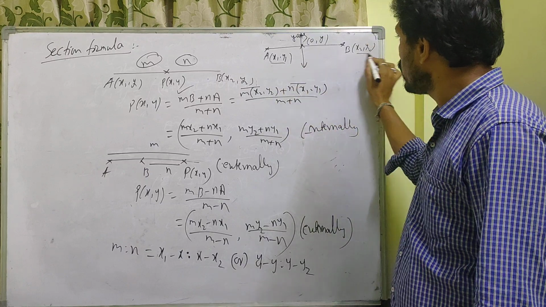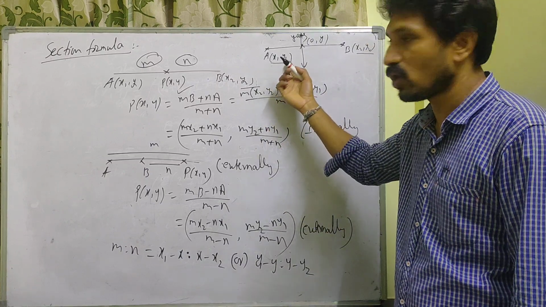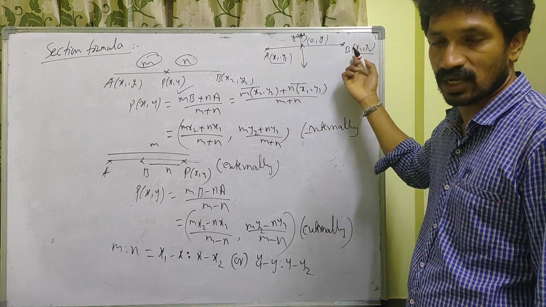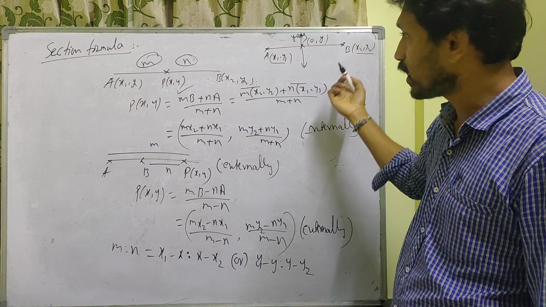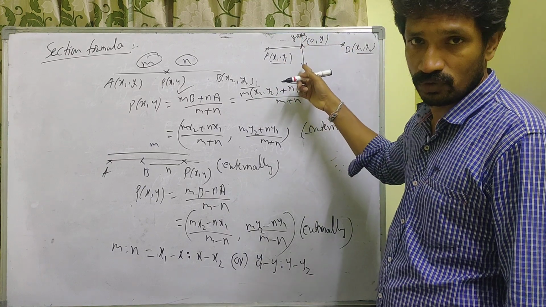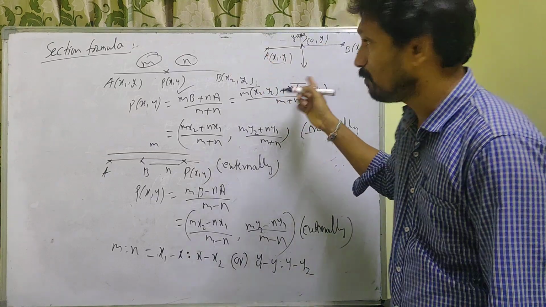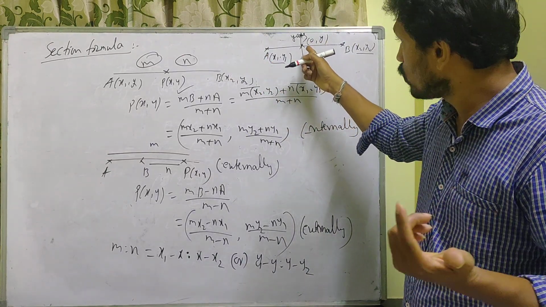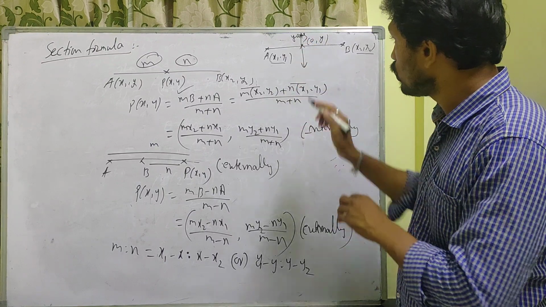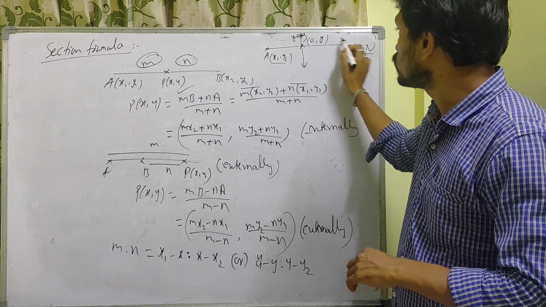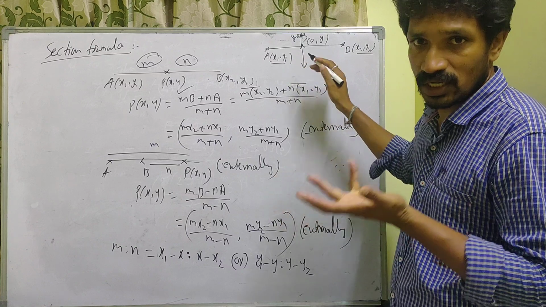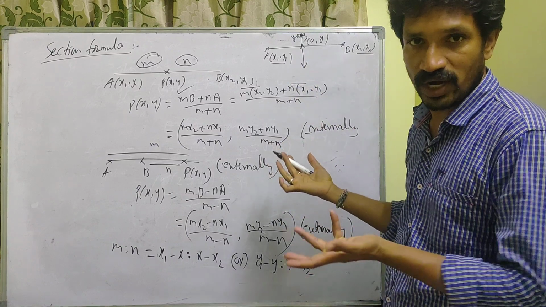Here x1 comma y1 they will give, x2 comma y2 they will give, like 1 comma 2, 3 comma 5, whatever, or 1 comma 2, minus 3 comma 4, like that. So these values we know, but on the y-axis we don't know exactly what the point is. That means we don't know y, but its x coordinate is 0. So if you use the formula y1 minus y is to y minus y2, because you don't know y, it is uncomfortable to find the ratio.